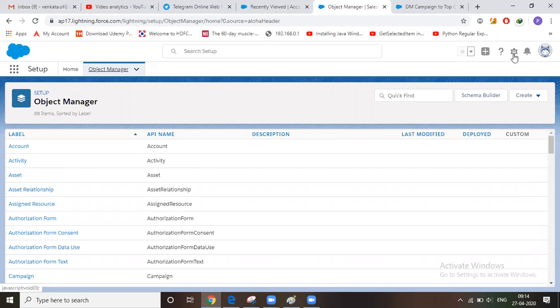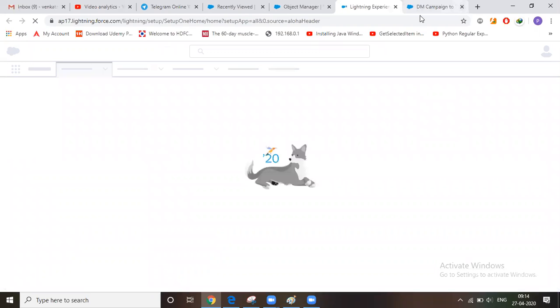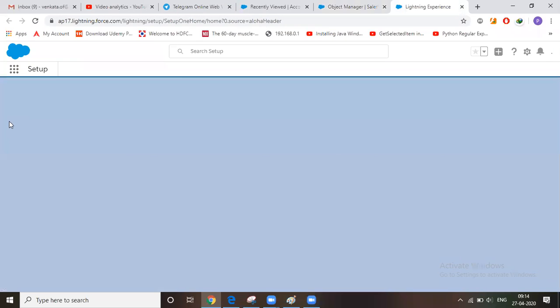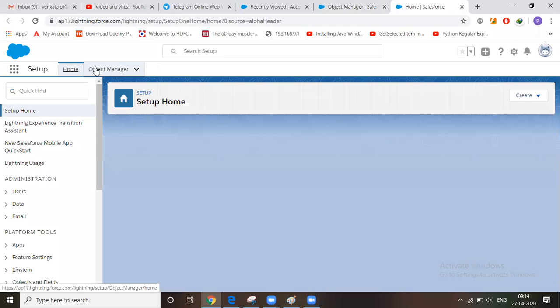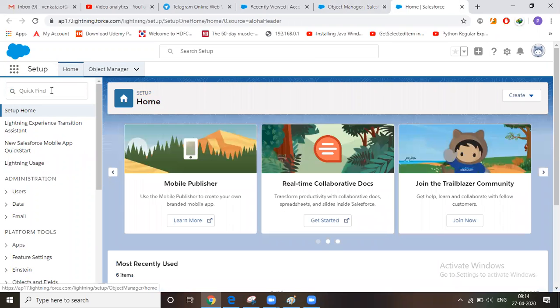Setup. On top of this tab bar, you can see Object Manager. Or if you want to, you can navigate from here.